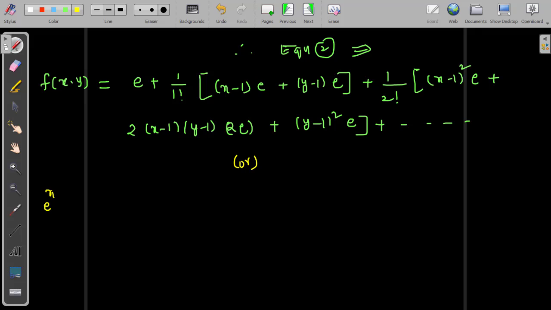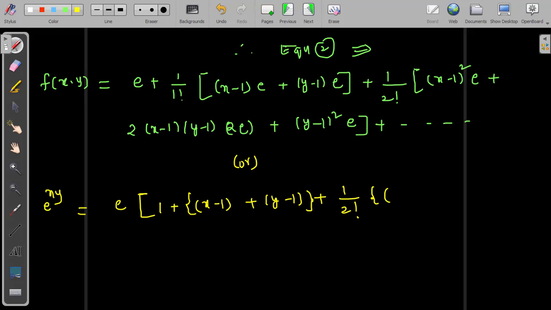Since f is e^(xy), we can take e common from the infinite series. If I take e common, the series will become 1 plus 1 by 1 factorial, that's 1. So finally (x minus 1) plus (y minus 1), close the bracket. With e common, I'll write under brackets plus 1 by 2 factorial which is multiplied with